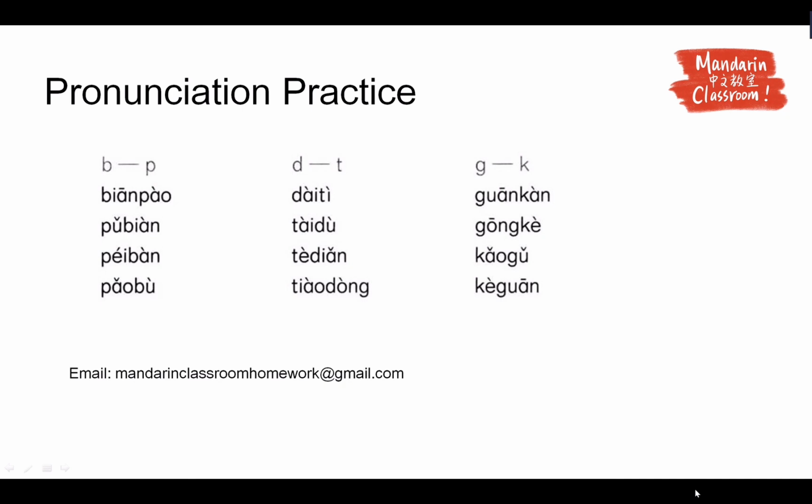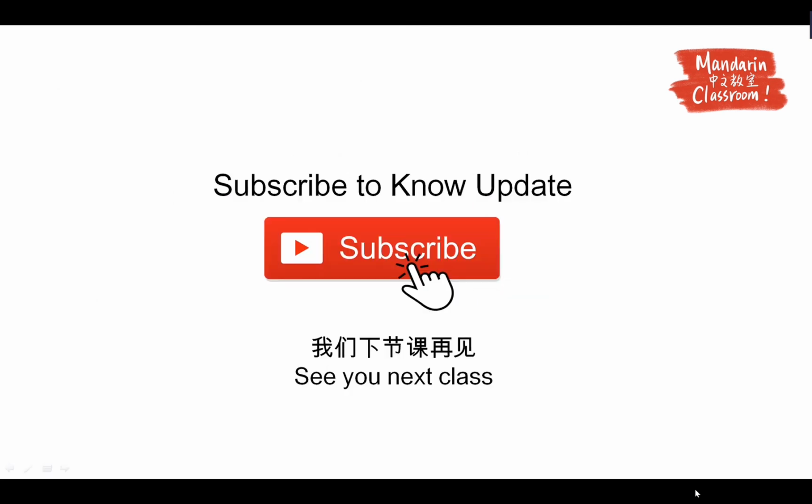The first team, 鞭炮，普遍，陪伴，跑步。Second team, 代替，态度，特点，跳动。The third team, 观看，功课，考古，客观。